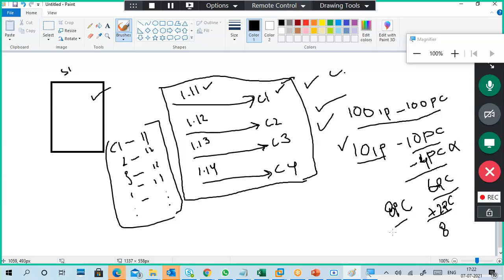They ask DHCP, I want an IP address. As per the DHCP list, all IP addresses are already allocated. It says, sir, we don't have any free IP addresses. All 10 IP addresses are allocated, so we can't give you any IP address. So the 2 PCs won't get an IP address.